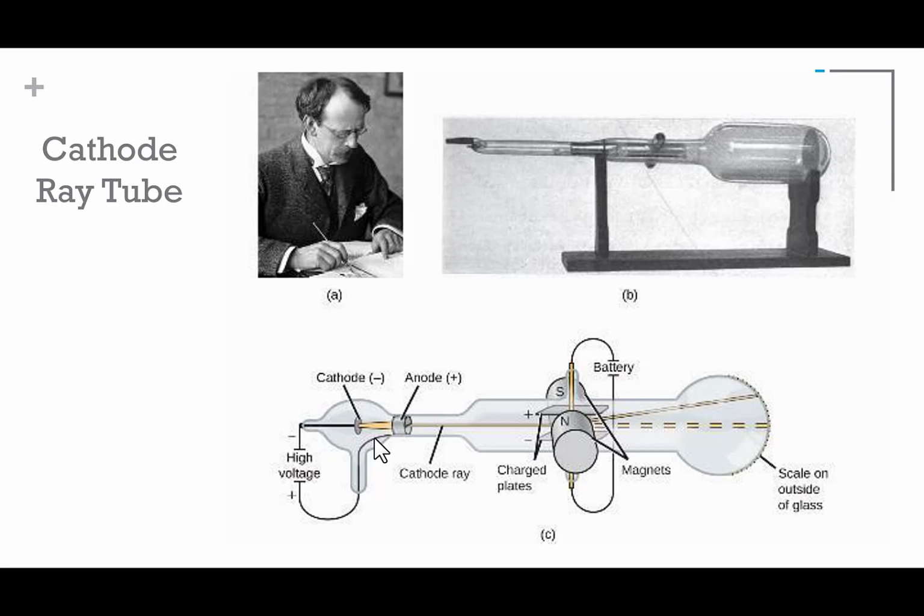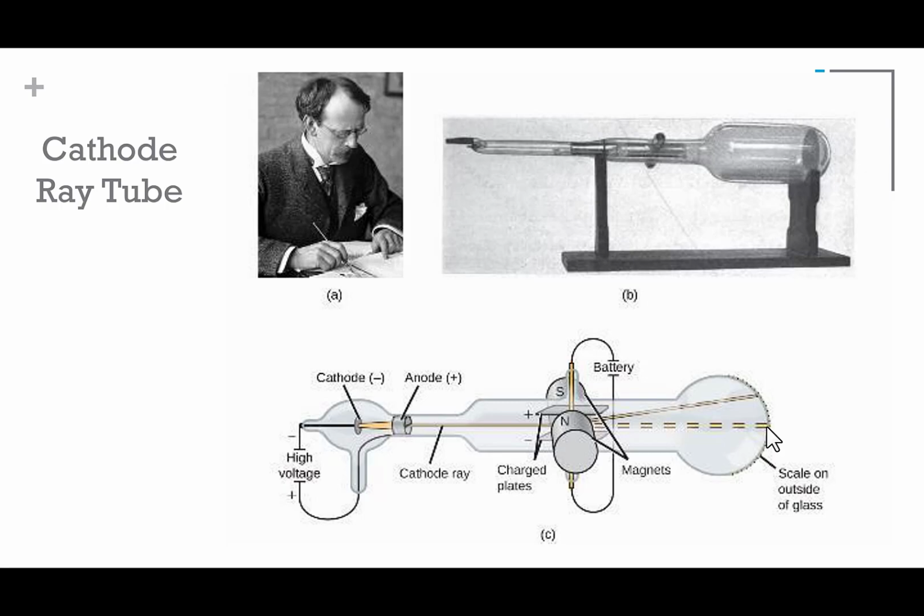And then scientists started to see, well, can we move that ray? Can we mess with it? So just the plain, simple experiment, this ray would come out. It would move in a straight line, and it would hit a detector over here, right out in front of where that ray came out. So the detector was hit. Then scientists started to introduce electric and magnetic fields to see if that ray would start moving.